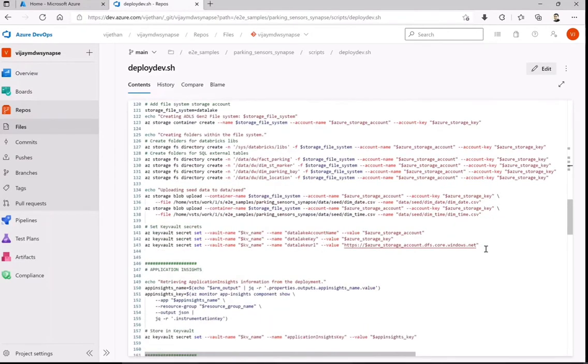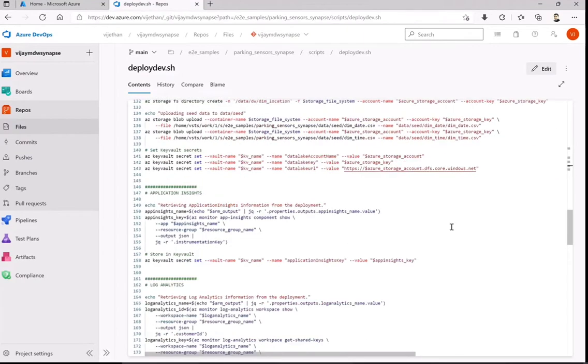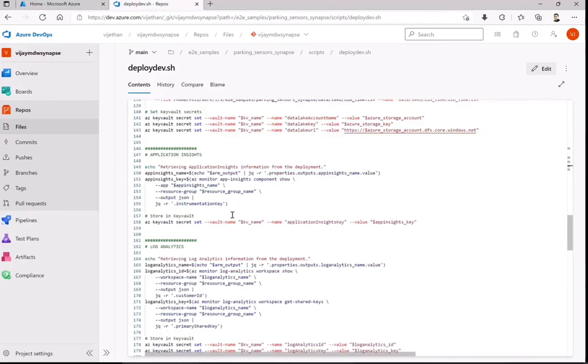Again, at regular intervals, you will see that as and when we get those secrets created or some configuration information, we keep them in Key Vault so that we can refer to them at a later point of time. Similarly, I've shown you in the prerequisites that we installed the Application Insights agent. So this is where it will actually be used. What I'm trying to do is get the Azure Monitor App Insights component. This will not work if I don't have that particular CLI available to us.